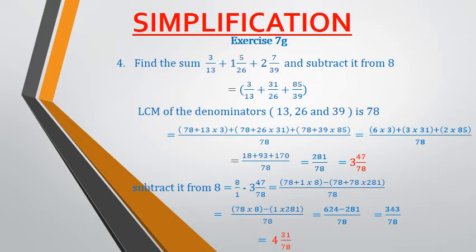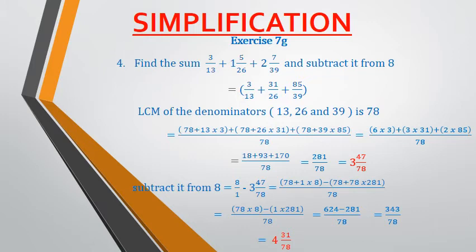In the denominator part, the LCM of 1 and 78, that is the LCM of these two denominators, is 78. So in the denominator part we will write 78, and in the numerator part again we will follow the same formula, means the LCM divided by the denominator of the first fraction multiplied by the numerator of the first fraction, minus LCM divided by the denominator of the second fraction multiplied by the numerator of the second fraction, which is 281, right? So now when we solve this, what do we get?